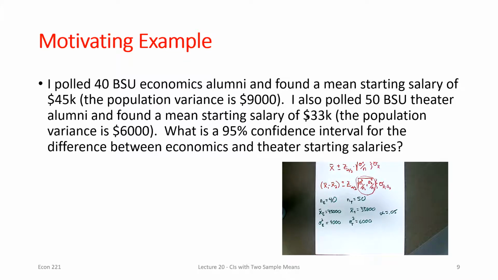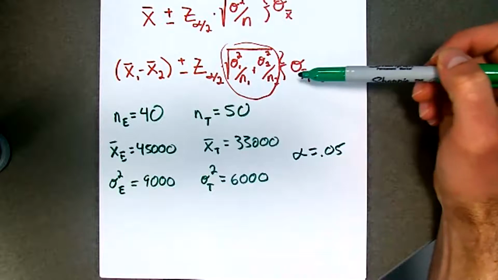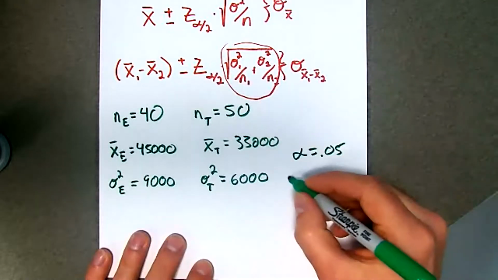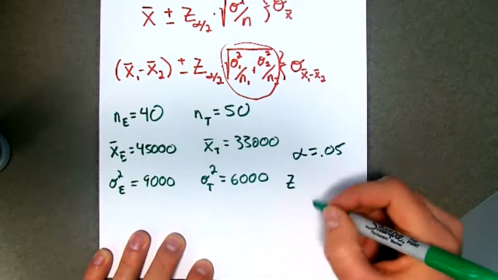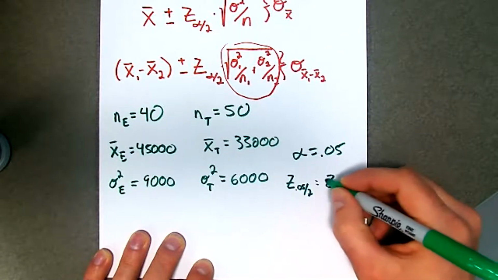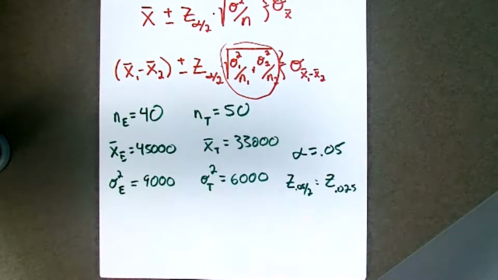Make this a little bit larger so it's easier to see, right? This is just everything that I was given. Well, if I know this is my confidence interval equation, I know that I'm going to need to look up that z-score. And I need the z-score for alpha divided by 2, so 0.05 divided by 2, or the z-score that gives me 0.025 in each tail. Right? So if I want 0.025 in my tail,